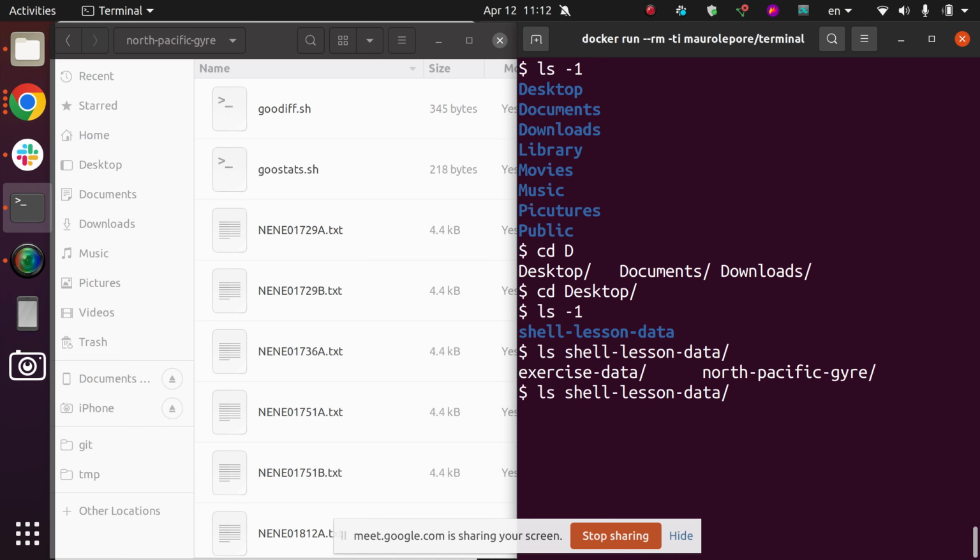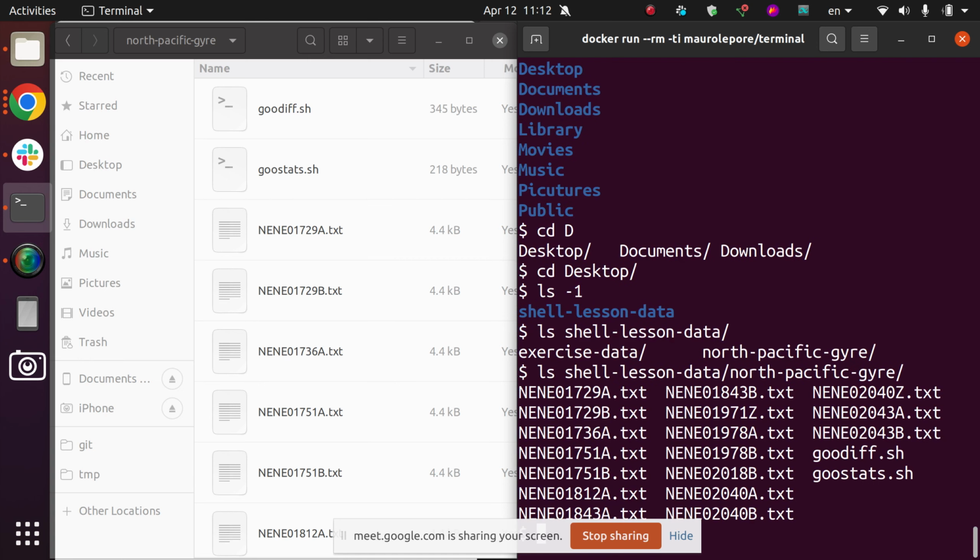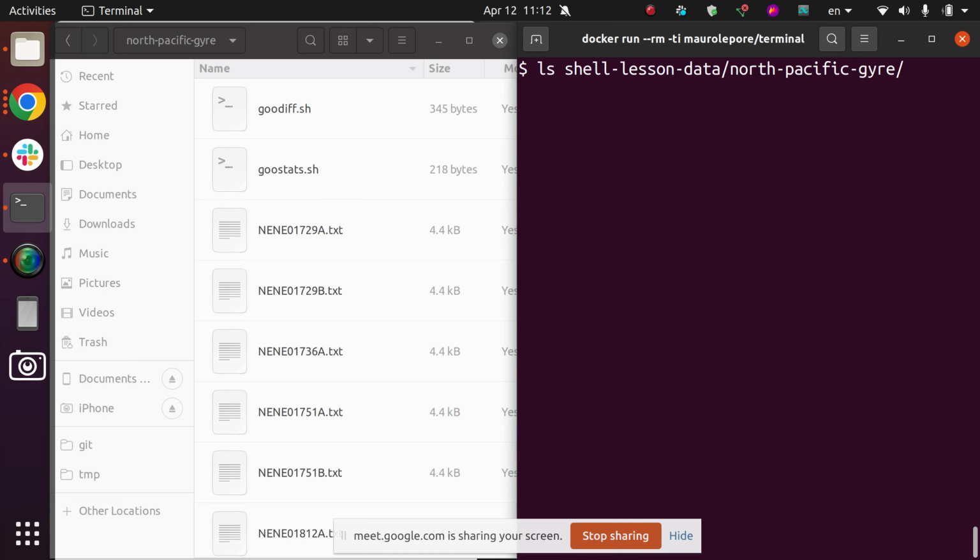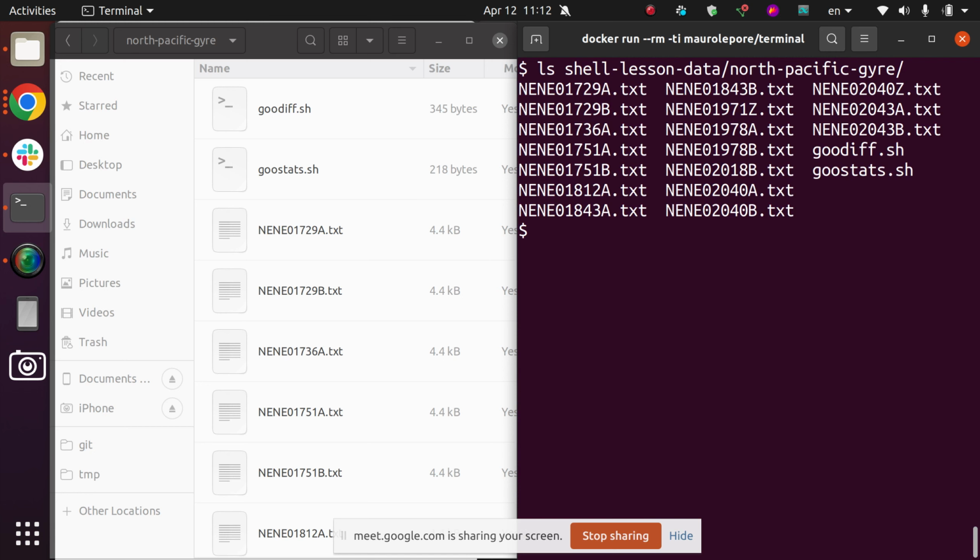I hit Tab twice and I get a list of things that are options to me, and now I start typing north and hit Tab again, and there I am. So I can see the contents of that specific directory. So up arrow to recover the command, enter to run it, and if I want to clear, I can type